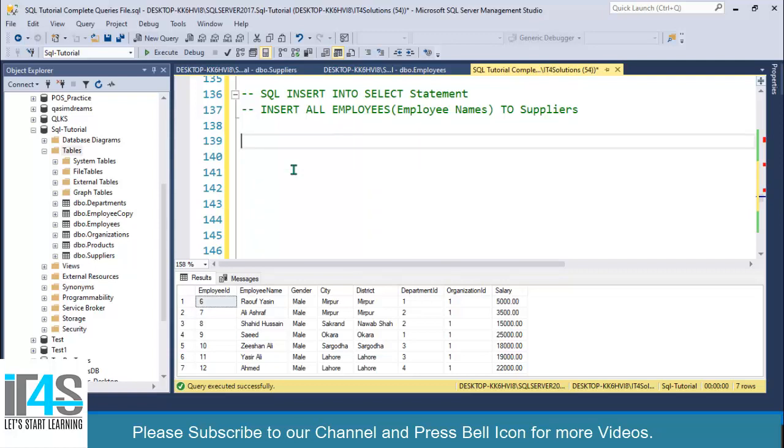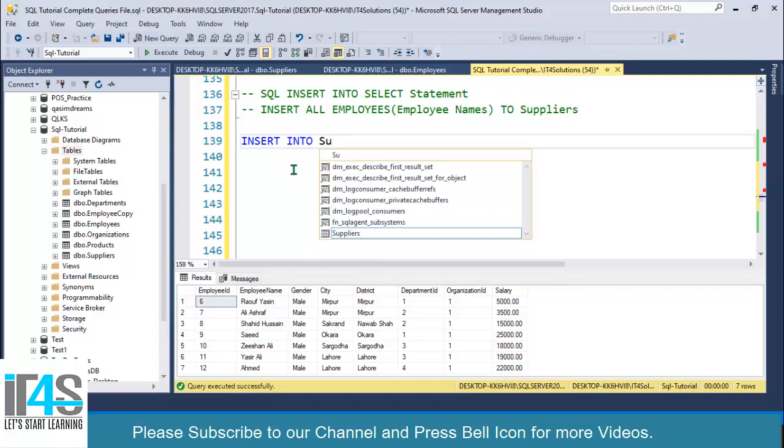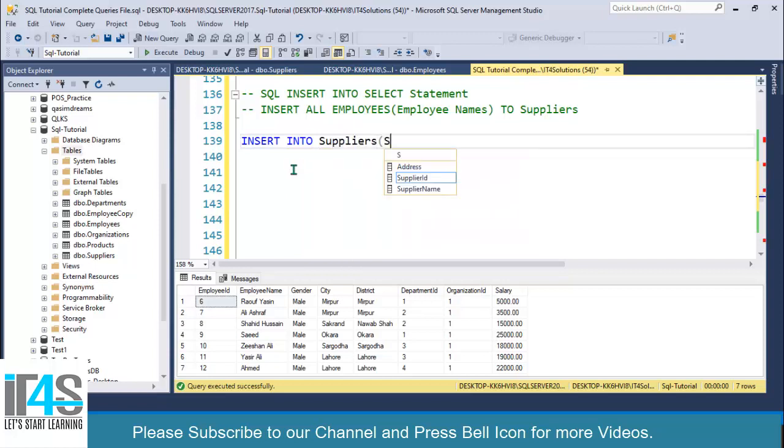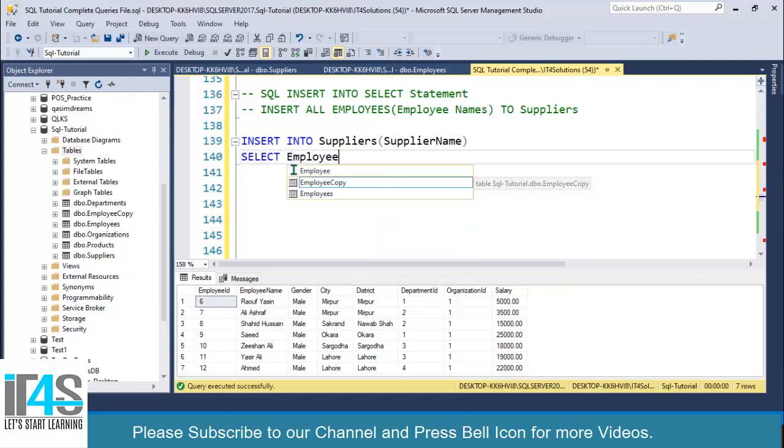So I will INSERT INTO suppliers, and then I will specify the column name, supplier name. I want to insert values into this supplier name, and I will SELECT employee name FROM employees.